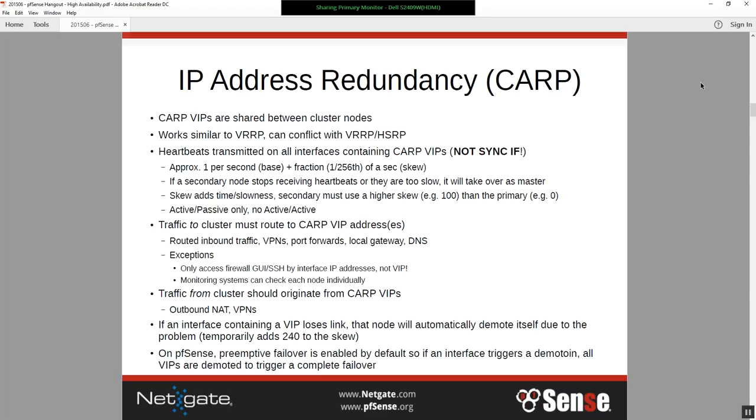And the way we set that up on pfSense, we have a thing called preemptive failover. That means if one interface fails, all of the CARP VIPs are going to demote themselves, and so everything will shift over to the second unit. And that's really important because if your primary, for whatever reason, decided to only lose one interface and you didn't preempt,